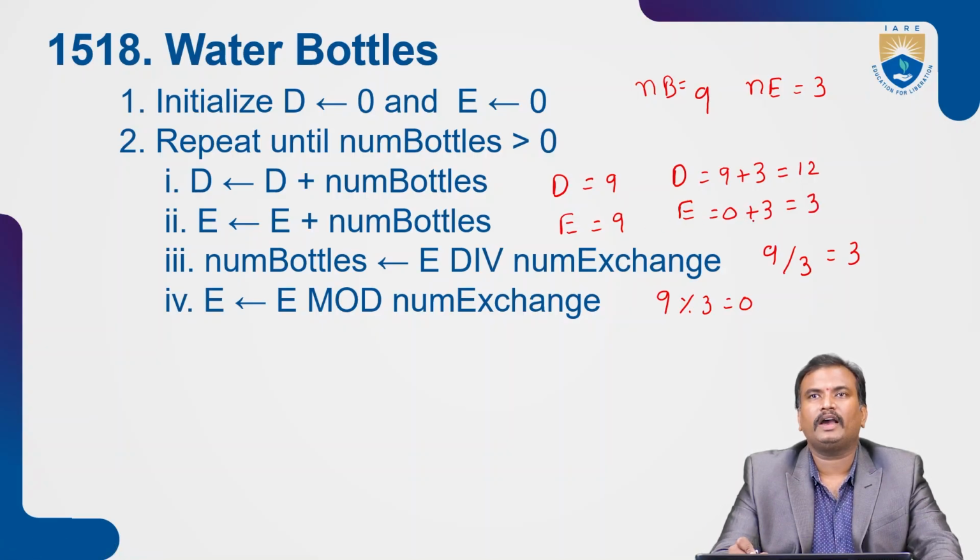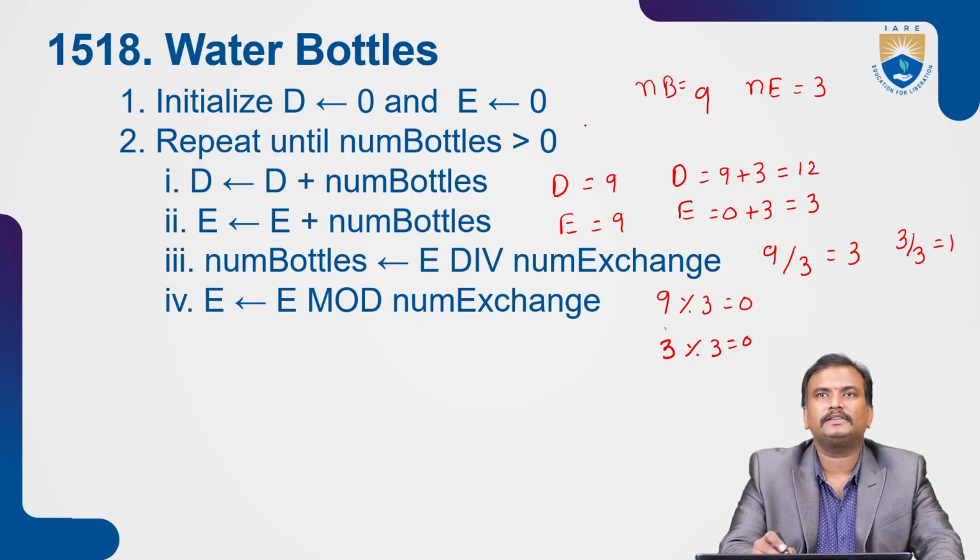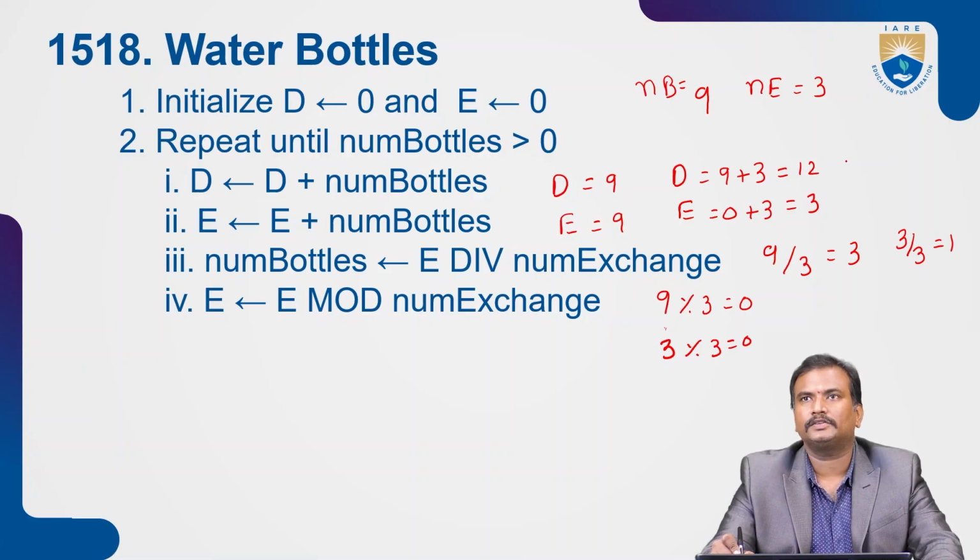So after getting the E value, again we need to go with the number of bottles, E divided by number exchange. So here 3 divided by 3 equals 1. And here E equals 3 modulo 3, which equals 0. Now the number of bottles is 1 and the empty bottles are 0. So again the number of bottles is greater than 0, so we need to add the number of bottles to D. That is D equals 12 plus 1, which equals 13, and E equals